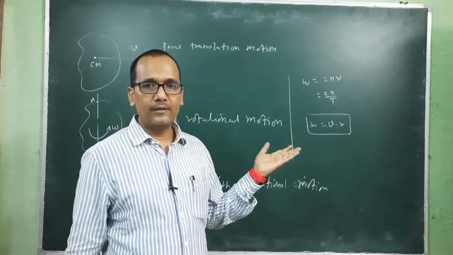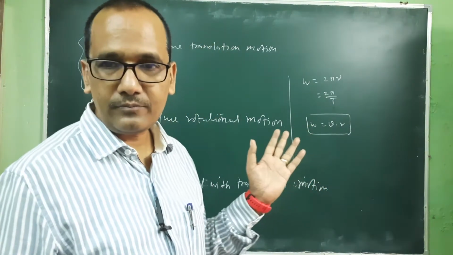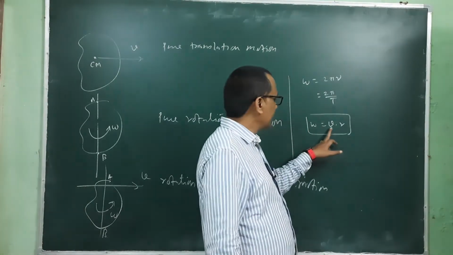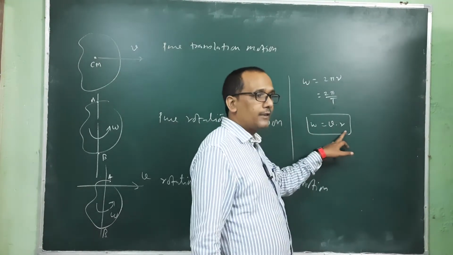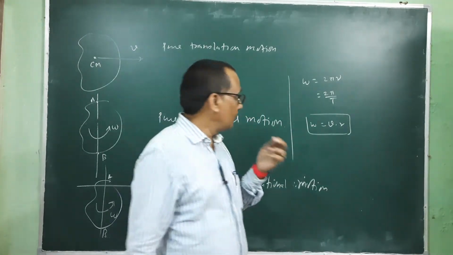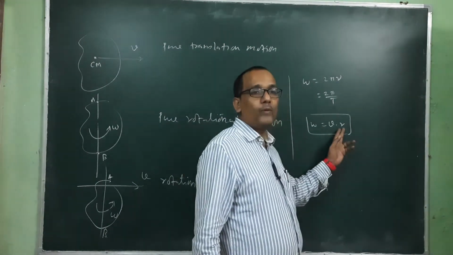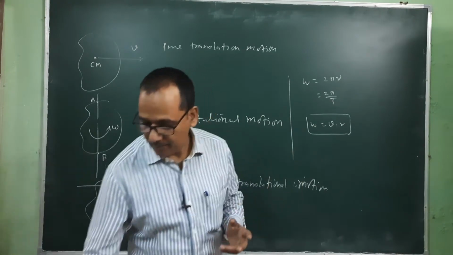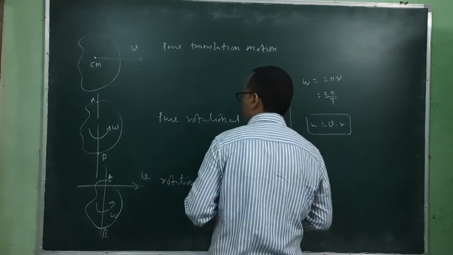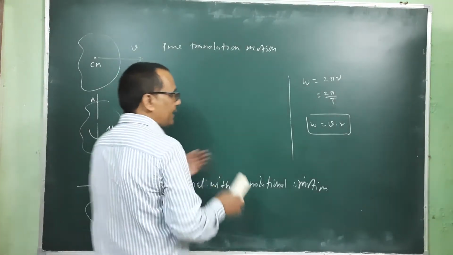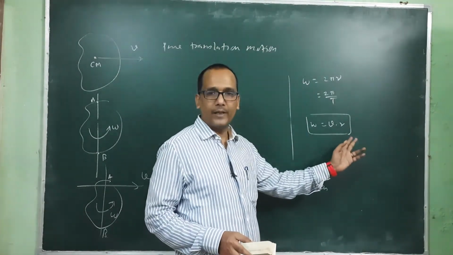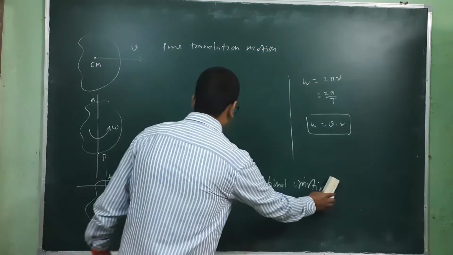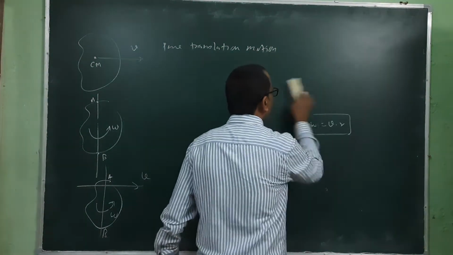So this is actually the scalar form. Actually this omega is also a vector parameter, and this r, that displacement, is also a vector. So don't think this is just the dot product of two vectors. In the form of vectors, this is the cross product. Generally in magnitude form we can write v is equivalent to omega r, but this is not the dot product, this is just scalar multiplication. So in the form of vectors, this is taken as a cross product.